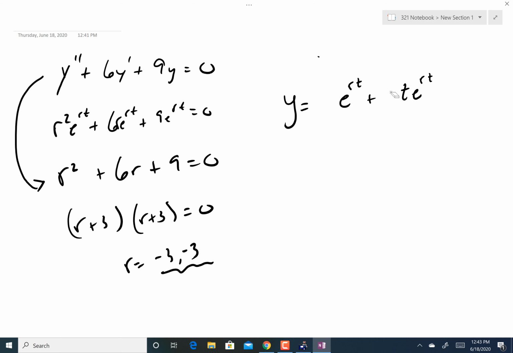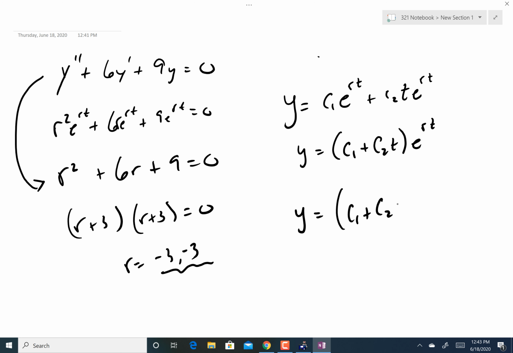I should have used C's, that's what they'll use. Okay? And so in this case, it is simply going to be C1 plus C2 t e to the negative